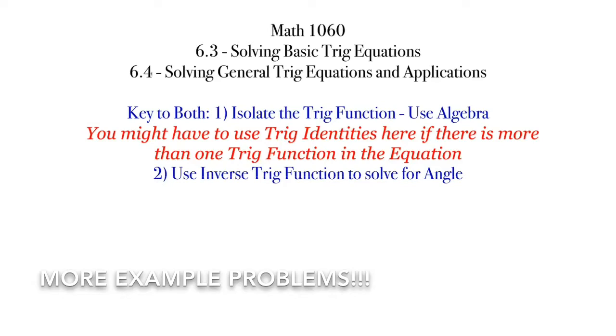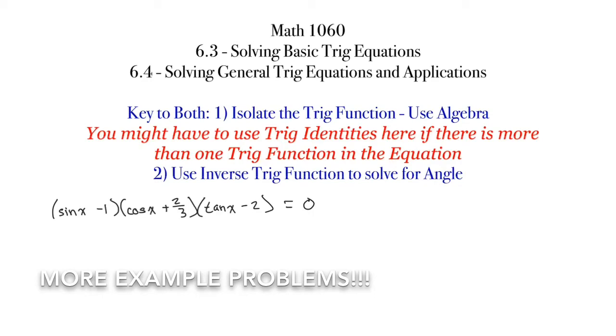Because to be able to solve them, it always has to be written in factored form with multiple trig functions. What I'm referring to there is something like sine of x minus 1, cosine of x plus 2/3, and tangent of x minus 2. I could do something like that, but it would have to be equal to 0,